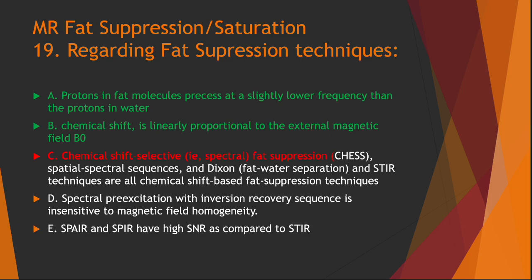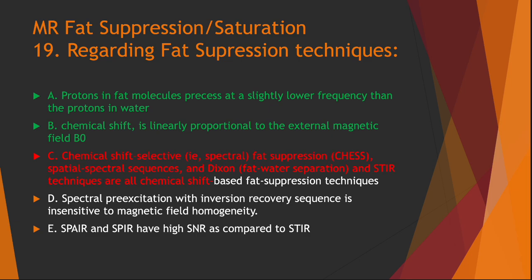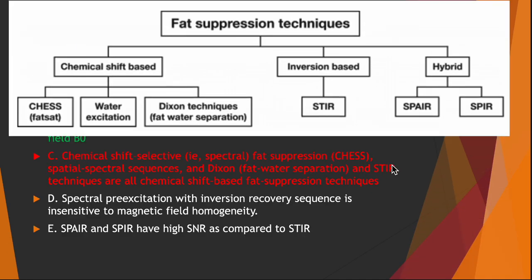Chemical shift selective, that is CHESS, fat suppression. Then there is another type, that is the spatial spectral sequence, and Dixon and STIR techniques are all chemical shift based fat suppression techniques. The answer is false. Why? Because CHESS and Dixon are chemical shift based fat suppression techniques. But however, the STIR,